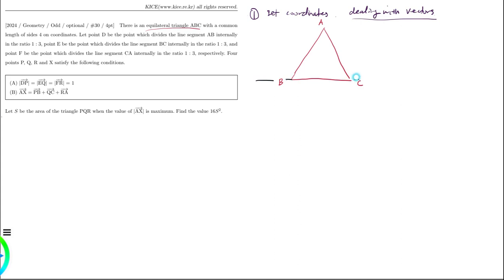For convenience, I set the x coordinate here and y coordinate here, passing through the point A, and then we have the coordinates 2 and -2. For the coordinate of point A, we have 0 for the x coordinate and 2 times square root of 3 for the y coordinate, because as you know,